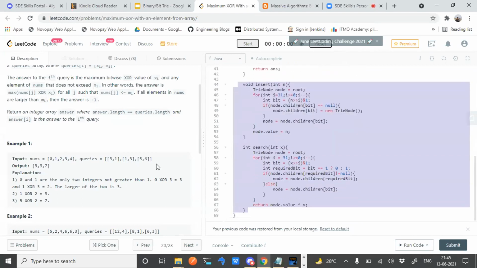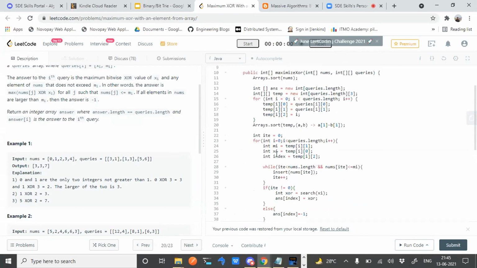Okay, but instead of sorting, even if you maintain something like a minimum value at each and every level, you should be able to do some pre-processing there. Yeah, so that will avoid doing that sorting.